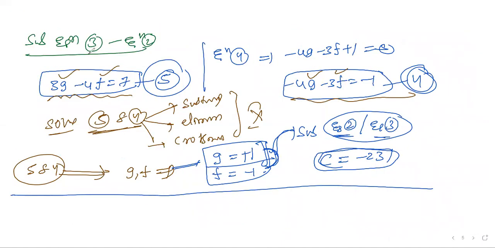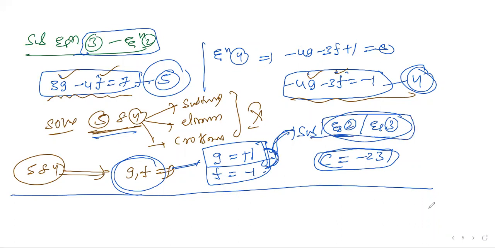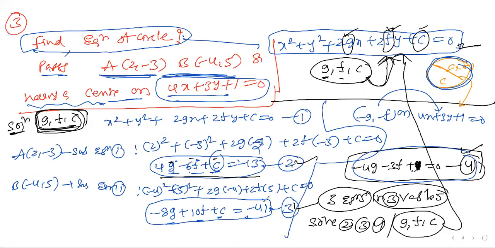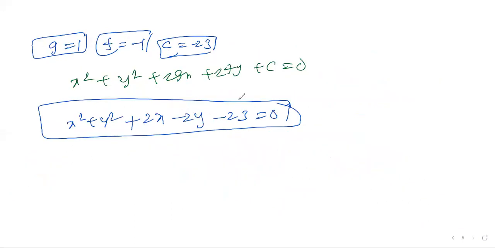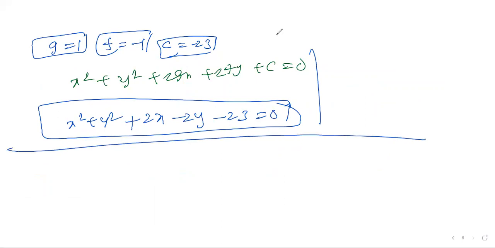First, using equations number 2 and 3, I eliminated c. So the equation becomes in terms of f and g, because I already have equation number 4 in terms of g and f. I took equations 4 and 5 and solved them, and I got the g and f values. After finding g and f, you can substitute them in equation number 2 or equation number 3. Whichever you substitute, you are going to get the value of c. Once you find g, f, c, we are ready to find the equation of the given circle. Okay, I think it's very clear. Please calculate g, f, c by your own method.